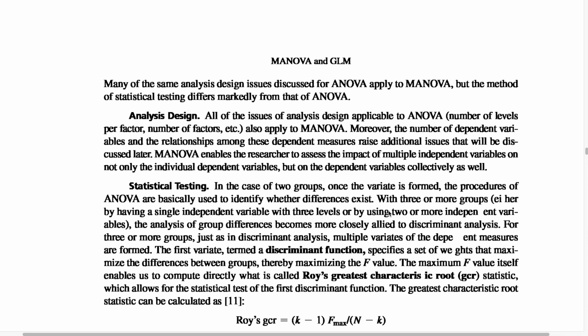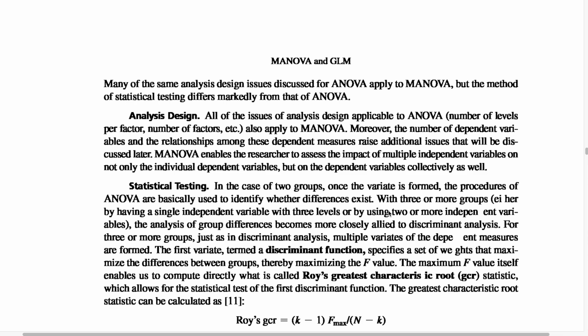will be discussed later. MANOVA enables the researcher to assess the impact of multiple independent variables on not only the individual dependent variable but on the dependent variables collectively as well. Statistical testing. In the case of two groups, when the variate is formed, the procedures of ANOVA are basically used to identify whether differences exist. With three or more groups, either by having a single dependent variable with three levels or by using two or more independent variables,